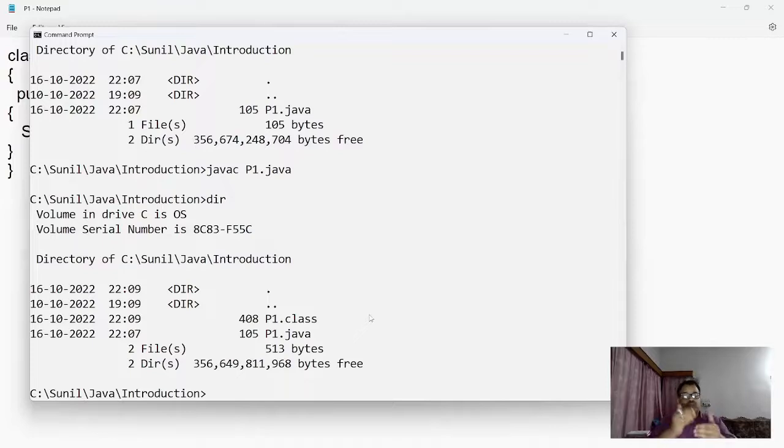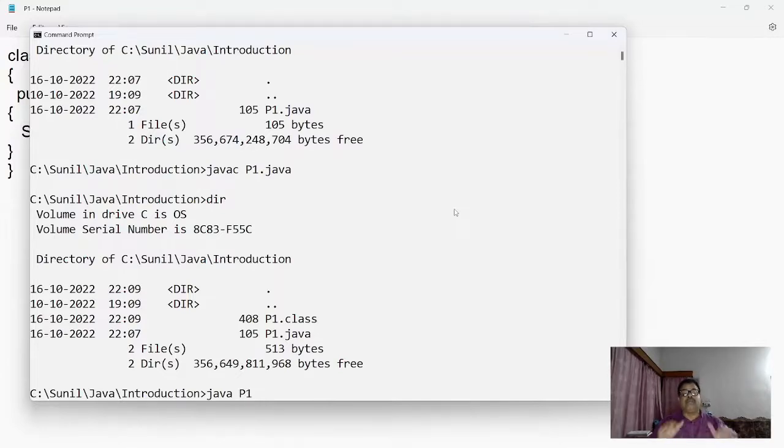After getting this .class file, now we have to use the Java interpreter, which is known as java, to interpret this file to get the output. Actually, in Java we are using a compiler as well as an interpreter. Here I am using the Java compiler and here I am using the Java interpreter: java p1.